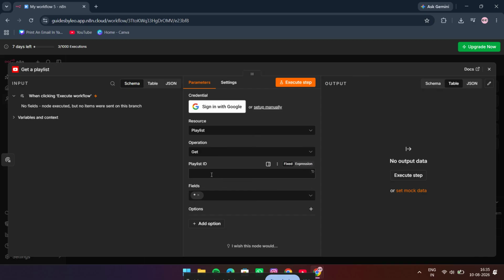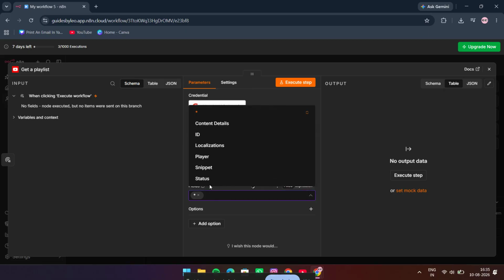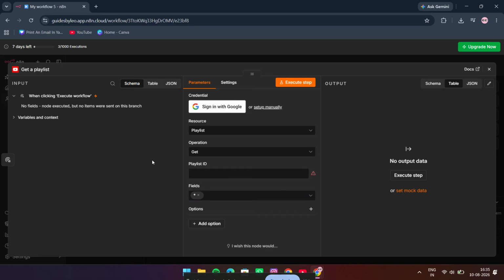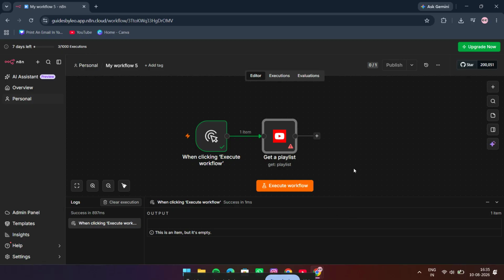Enter the playlist information that N8N needs so it can correctly identify and fetch the playlist. Depending on your workflow setup, this may include authentication, playlist identifiers, or other connection details. Make sure every required field is filled in properly so the node can run without errors. Once your details are added, save the node and test it to confirm that the playlist data is coming through